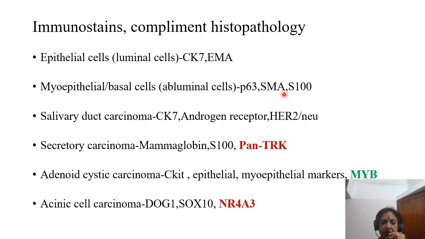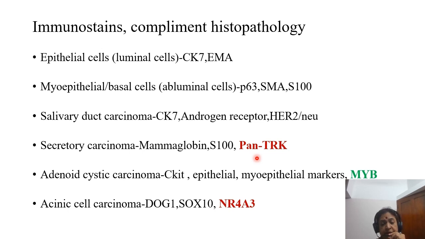For salivary duct carcinoma, we have CK7, androgen receptor, and HER2/neu, and the androgen receptor positivity and HER2/neu positivity have therapeutic implications also. For secretory carcinoma, we used to have mammaglobin and S100, and now we have a new nuclear marker,